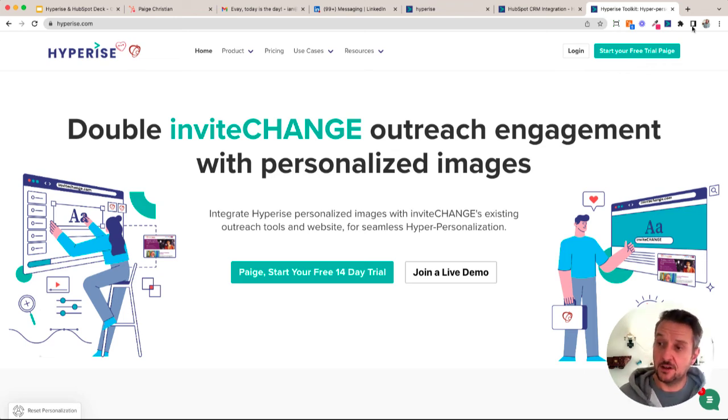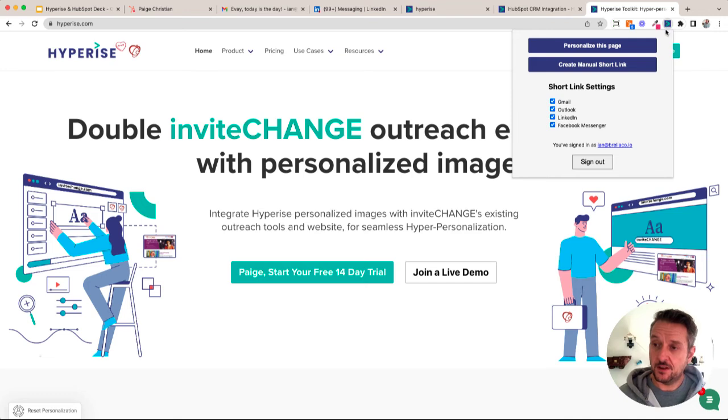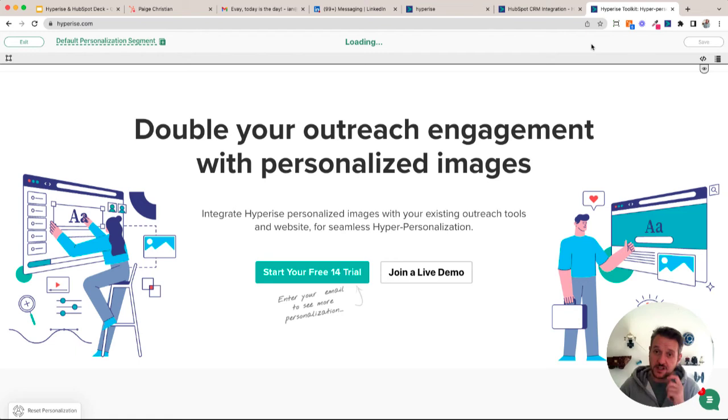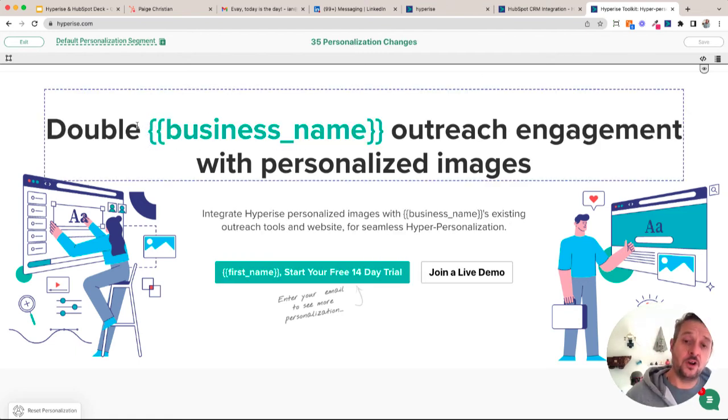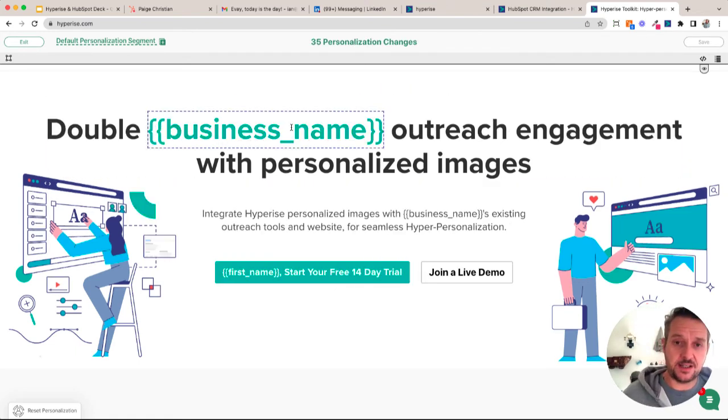So let me just load this up again, the Chrome extension. This is the thing that's enabling us to add short links and images into Gmail, Outlook, and LinkedIn and Facebook. In this case, what I'm going to choose is to personalize this page. And what we can see when this loads is before, where we had Paige's business name, we can now see